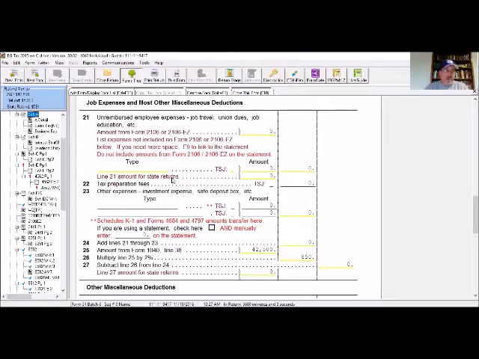Okay. The next category you see down here is tax prep fees. Okay, whatever you paid for your previous year. Other expenses, okay? So we're going to go back to our